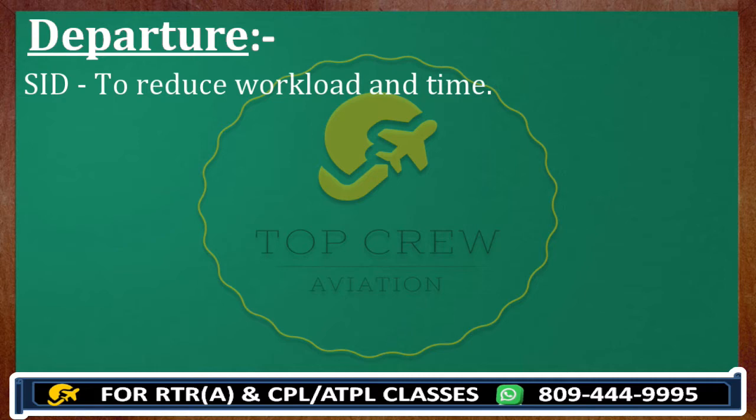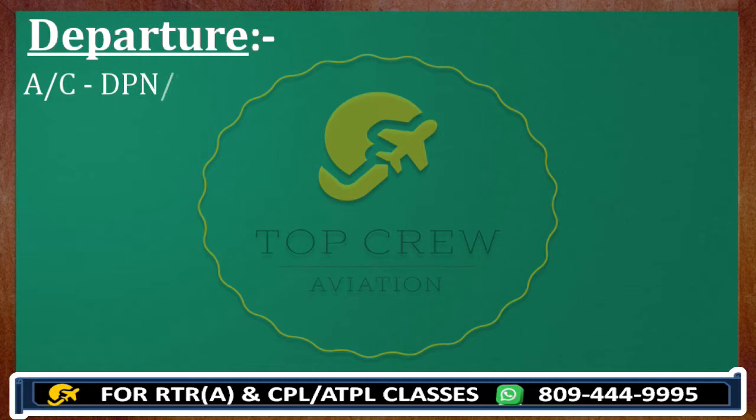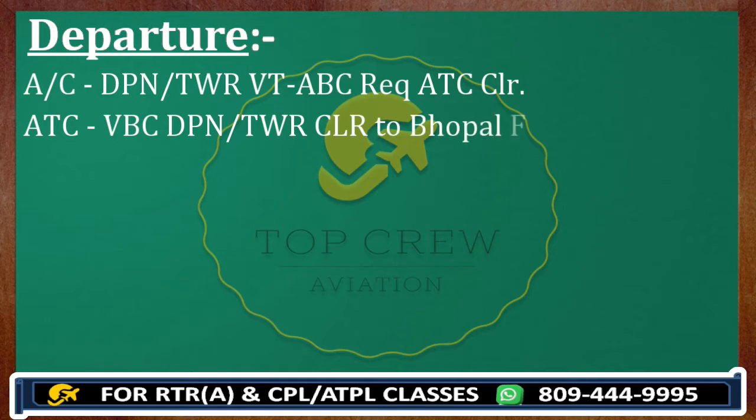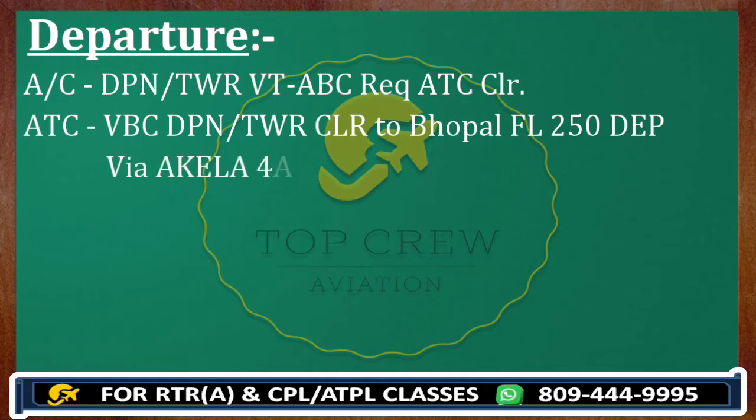And how do we do that? You are going to call ATC, like, Delhi Tower, Victor Tango Alpha Bravo Charlie, request ATC clearance. This way ATC is not going to give you the instructions in a simple way. Victor Bravo Charlie, Delhi Tower, cleared to Bhopal, flight level 250, departure via Aquila 4 Alpha. That's it. So it means you have to follow SID Aquila 4 Alpha, guys, that you always have with you,